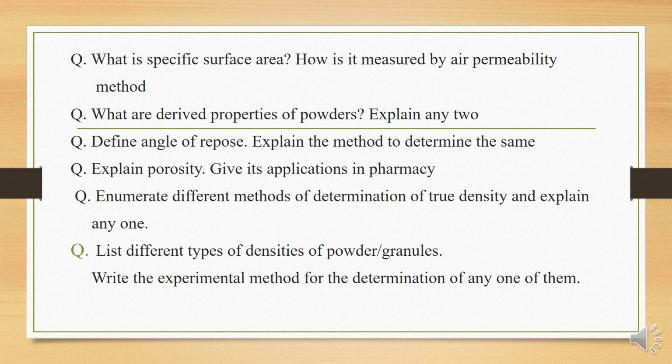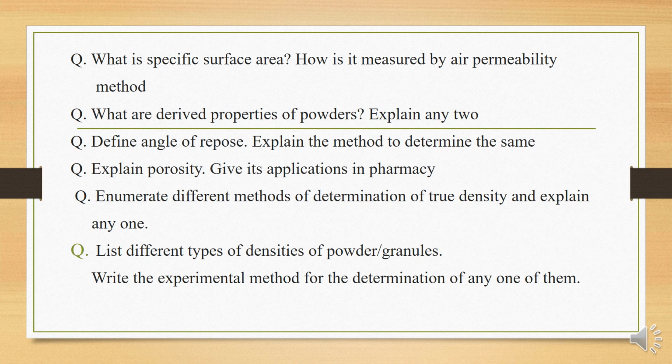And in case of density also we can express, so the equation becomes epsilon percentage is equal to (rho P minus rho B) by rho P into 100, and this equation is only valid for the porous solid. So the porosity finds immense application in the tablet, and this porosity influences the rate of disintegration and dissolution. So the higher the porosity, the faster the rate of dissolution. That is the concept. So in that you can write about the packaging arrangement also.